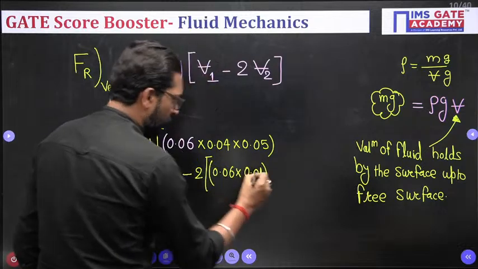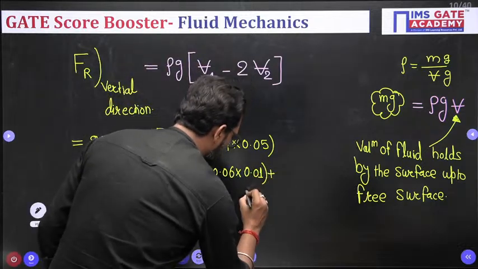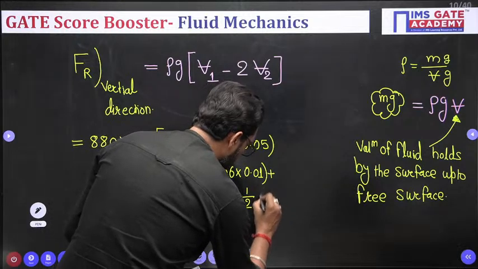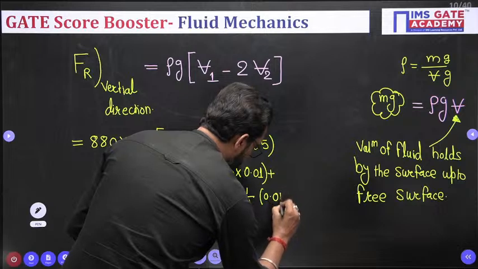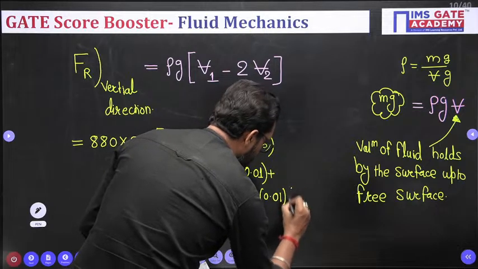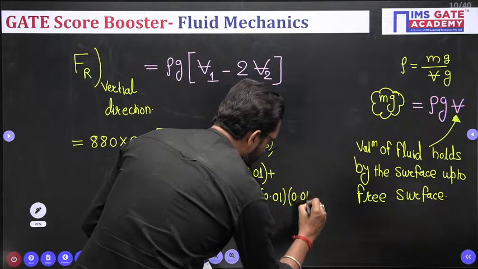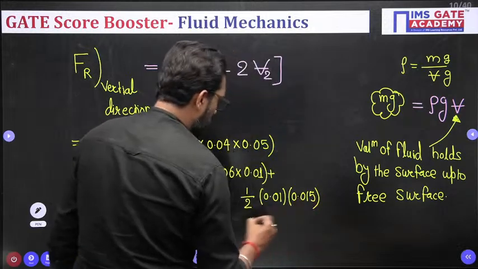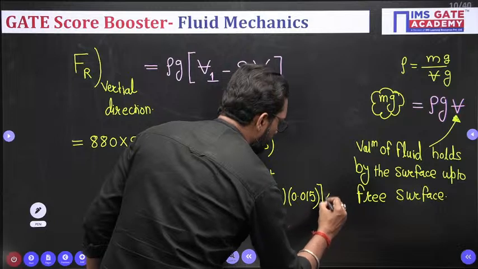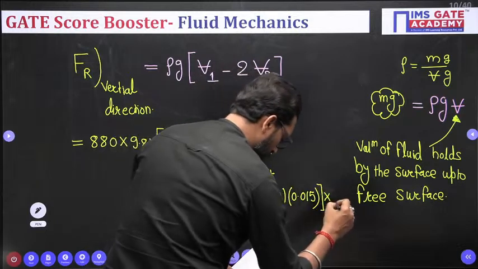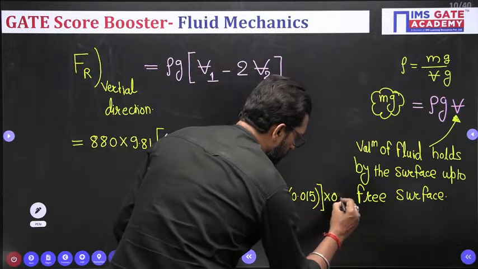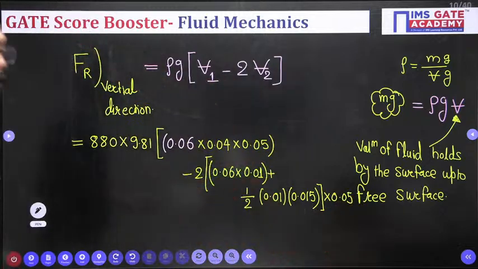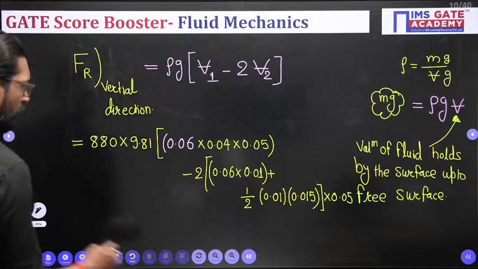So this is a rectangle plus triangle, half into 0.01 into 0.015. Okay, na? This is your, and into width. Width is how much? 0.05. Width, that means perpendicular to the page. Now, if you solve this one,